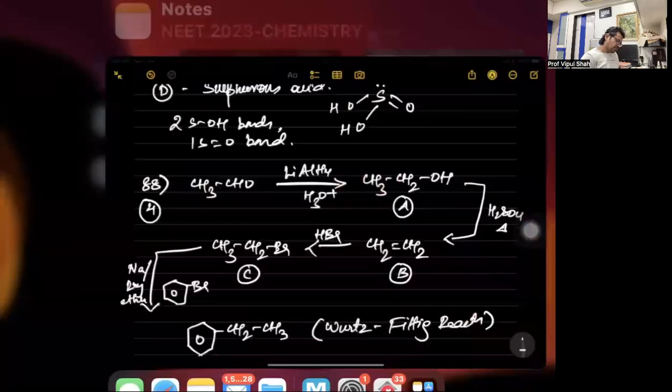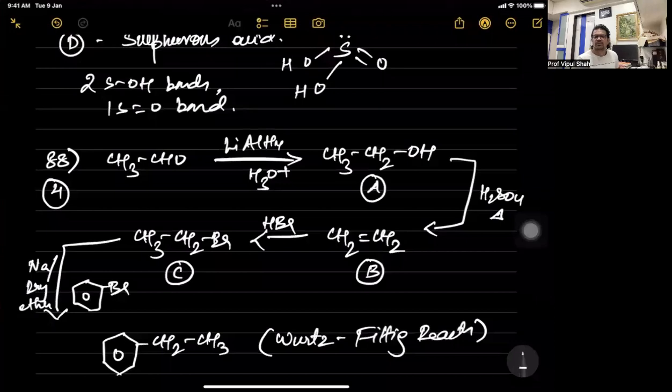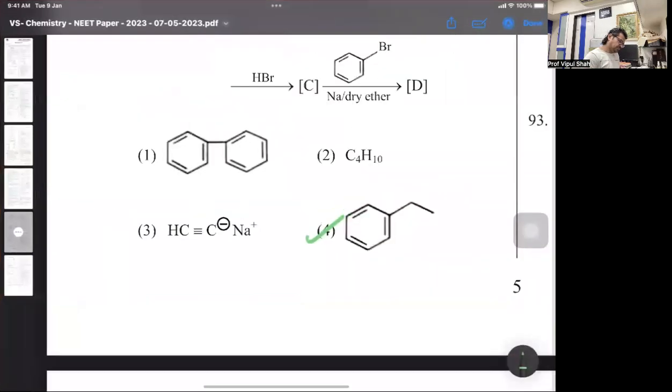Look at this reaction, everybody. Look at how it is formed. Acetaldehyde, reduction, ethanol, intramolecular dehydration, ethene, hydrohalogenation, ethyl bromide, and then alkyl halide and aryl halide with sodium, that's Wurtz-Fittig, ethylbenzene. That's 88. Then